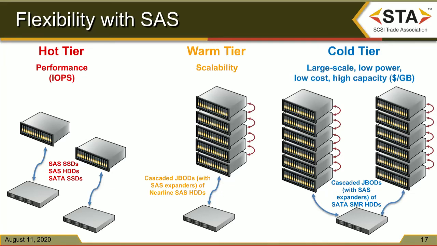With the single interface, which we will call SAS, you can create fully tiered environments that service high-performance applications with a high-performance or a caching layer, a warm tier that houses large amounts of regularly accessed data, and of course, on the right, you have an archival cold tier that uses low-cost, high-capacity hard drives. And so that's what we call flexibility at an architectural level. Now all we need is some way of a backplane supporting all three interfaces.